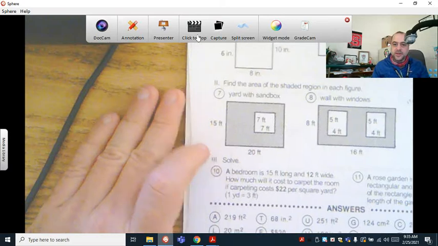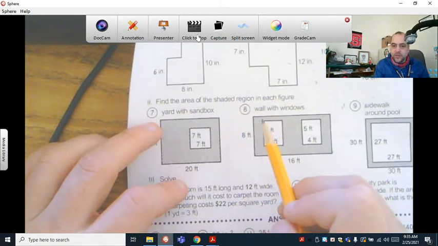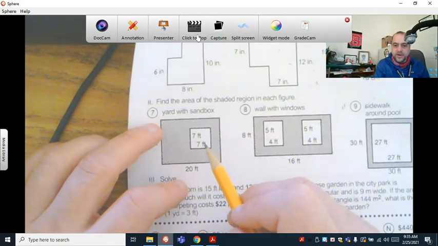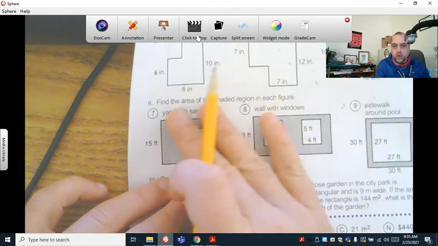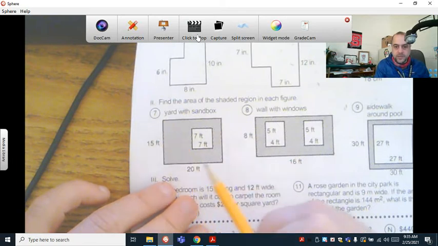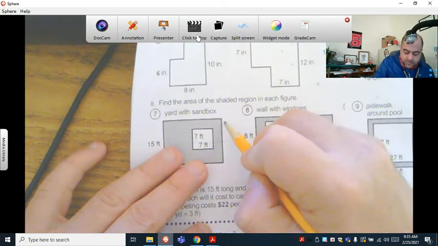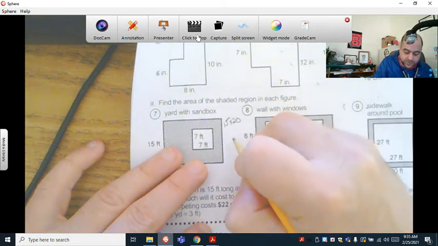Try to work these out here at the bottom. Find the area of the shaded region. Well, here's how you do these. So we're going to figure out the area of the whole thing, the whole area, and that's 15 by 20. 15 times 20 is 300